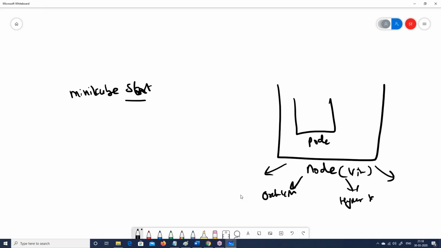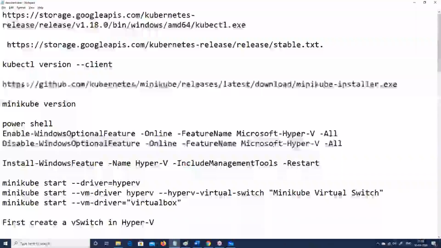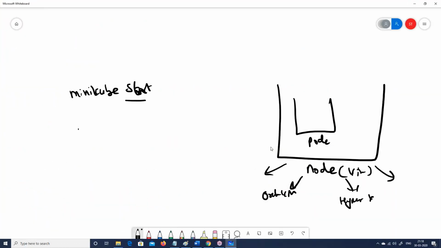And second, remember I said we also need to install one command line tool. This command line tool will help us manage our Minikube, the kubectl. If you remember, I said you can send messages to the master controller via the command line, and for the command line they have created an exe called kubectl, right?